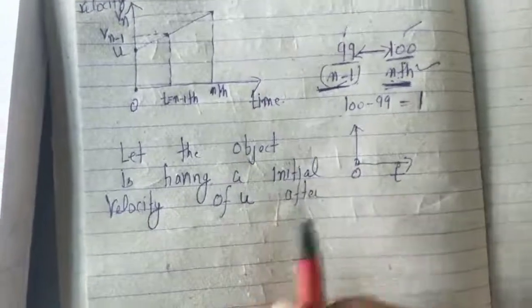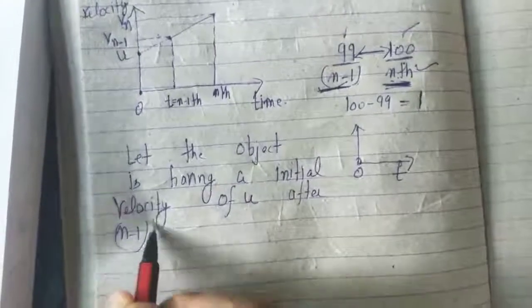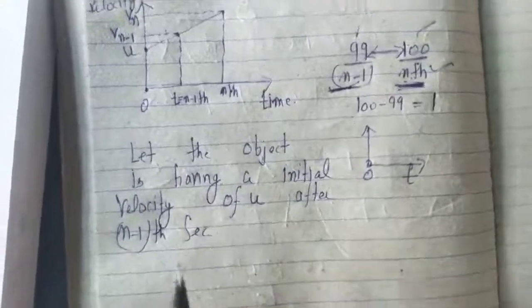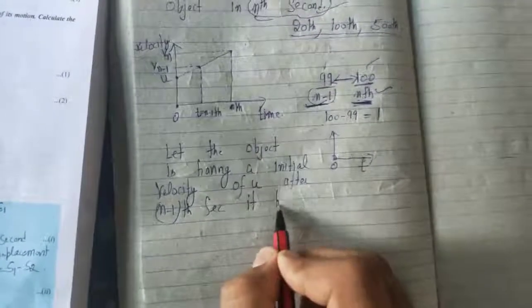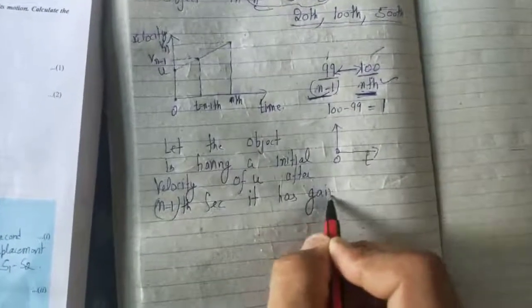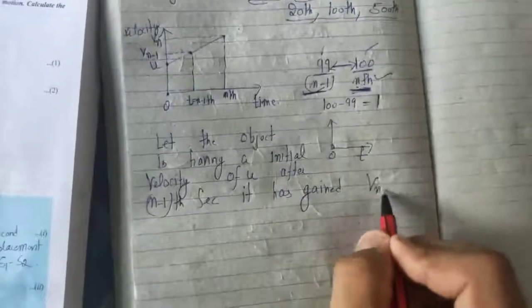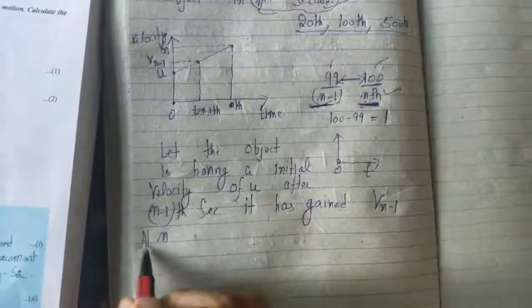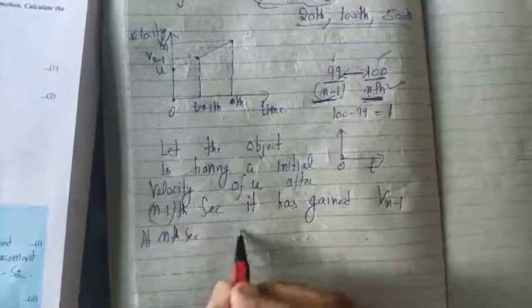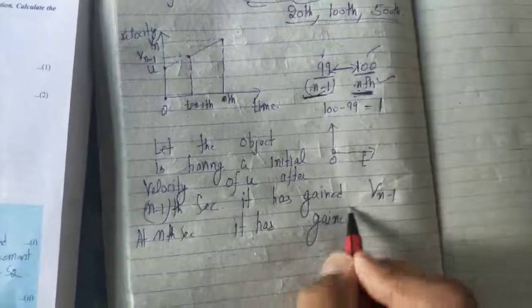After the n minus 1th second, you have to write all these wordings, it has gained v n minus 1th velocity, and at the nth second it has gained vn, suppose like this. Okay,